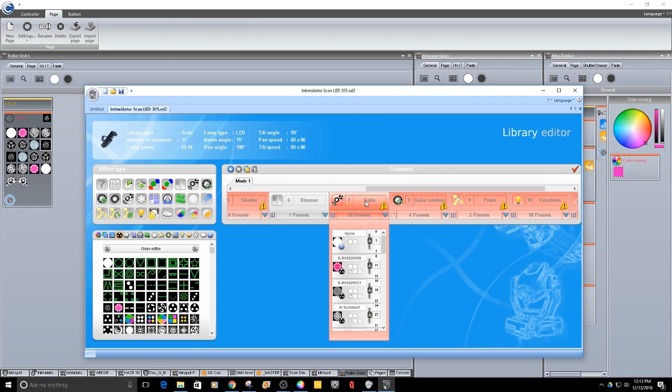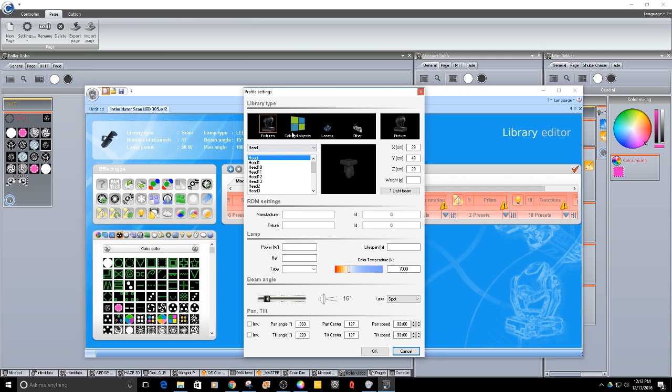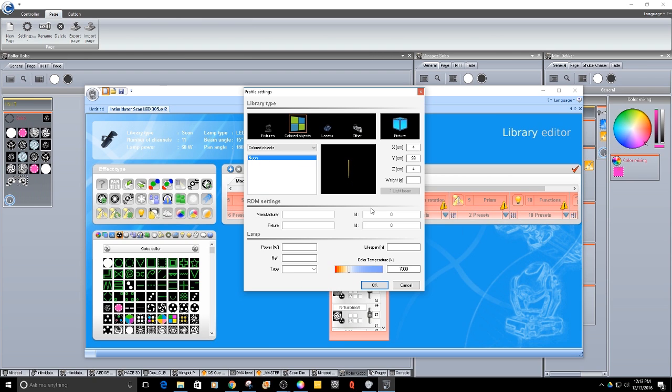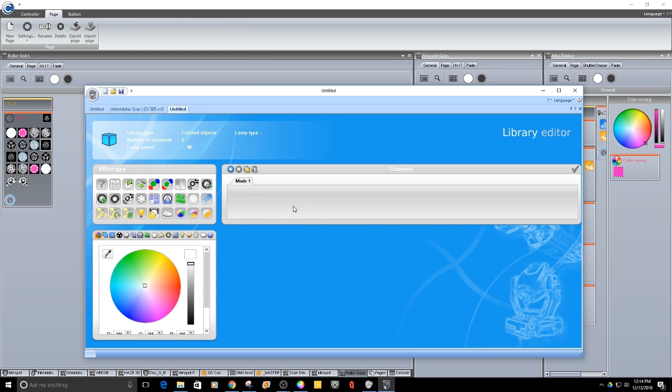But I'm going to go ahead and copy this Gobo channel, and now I'll create a new item. Here again, I'm going to go into colored objects, pick that, and pick neon. This is only because of how I want this to act in the easy view visualizer, and we'll get to that in just a bit. Go ahead and hit OK,